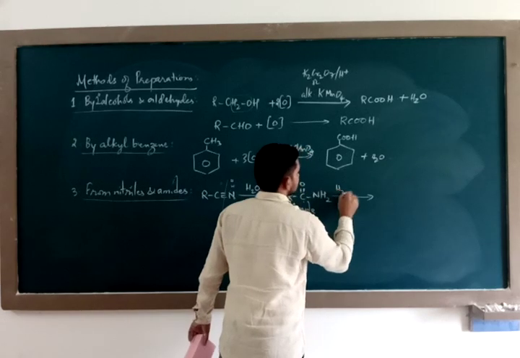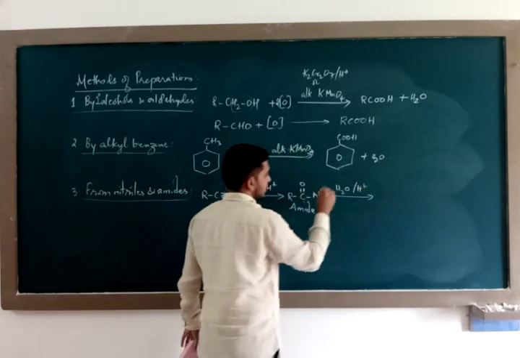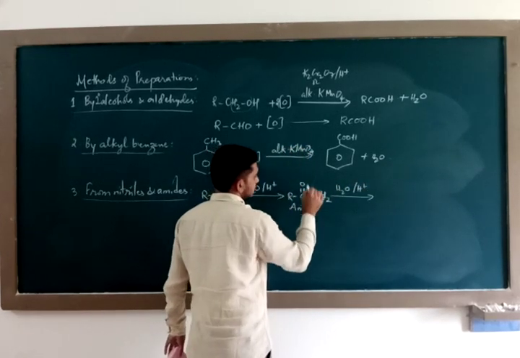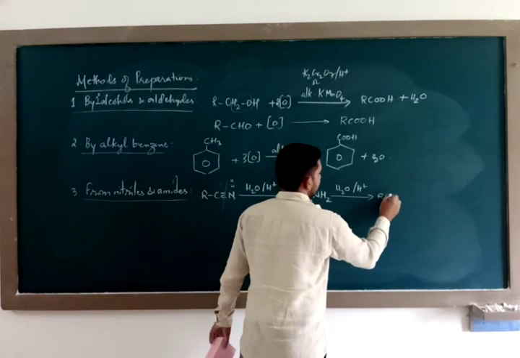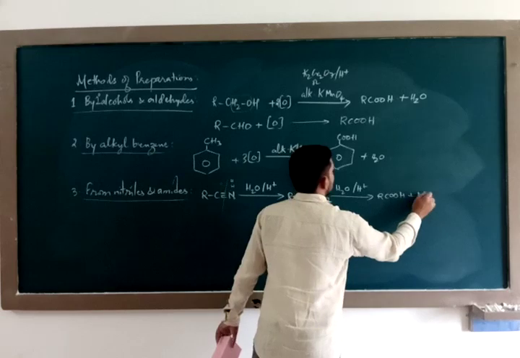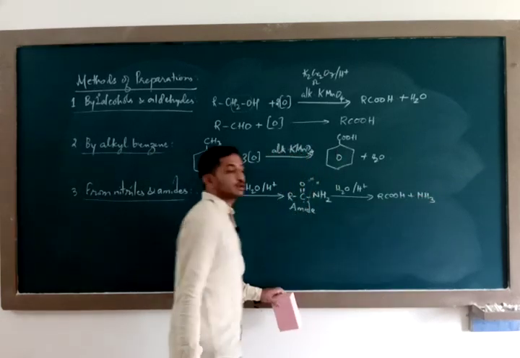Further hydrolyze this under same conditions. Where will you break now? Here OH and here H. This time you will get carboxylic acid plus ammonia. Most often